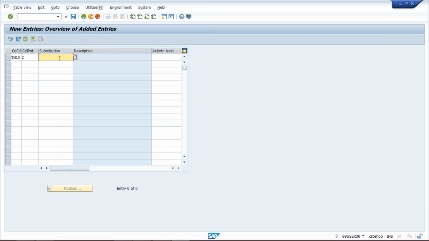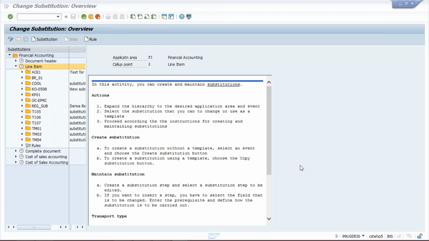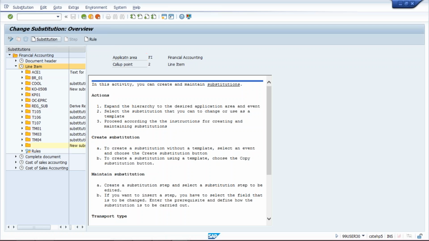and then press enter button, and then double click on this blank field under substitution. Double click. Once you double click, system is going to take you inside. Now here what we are going to do, click on substitution and press enter,